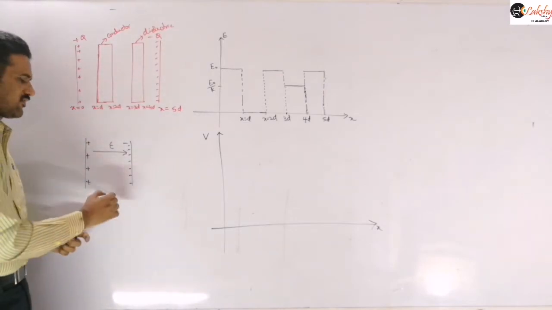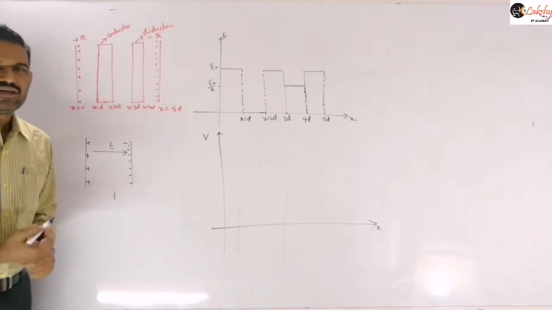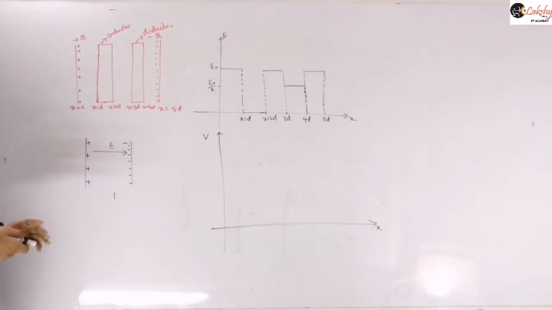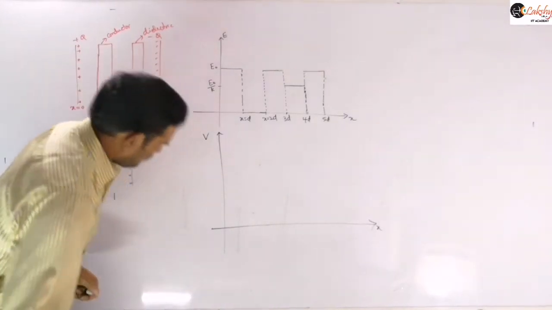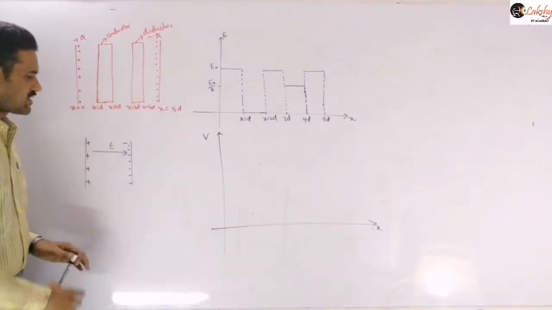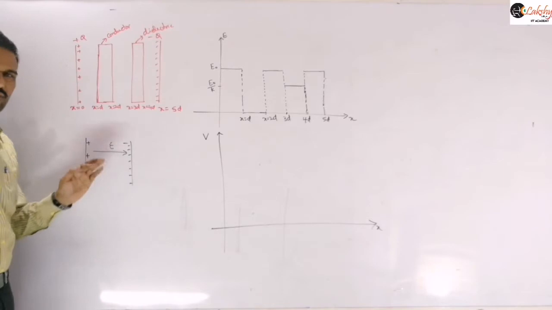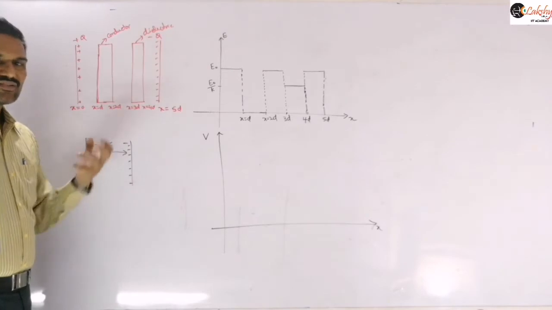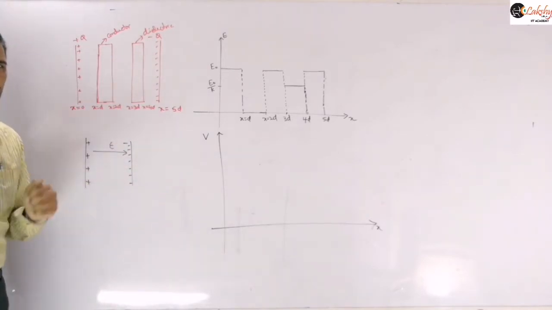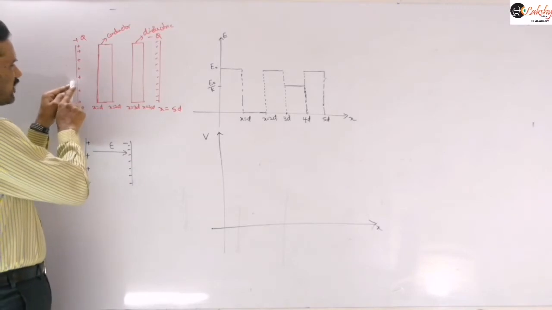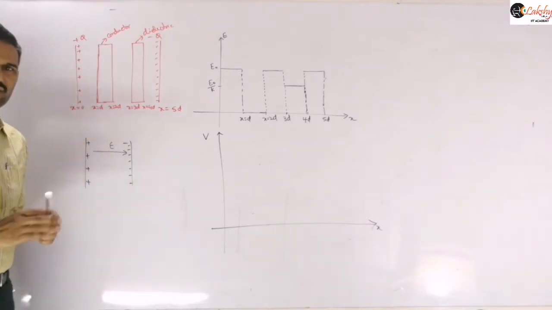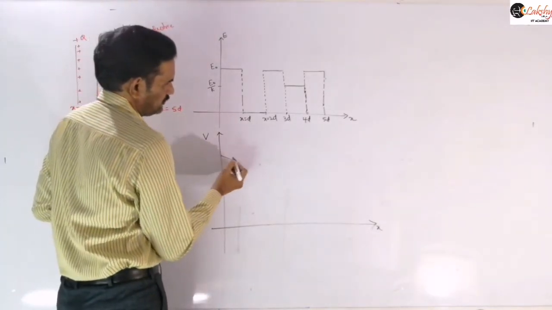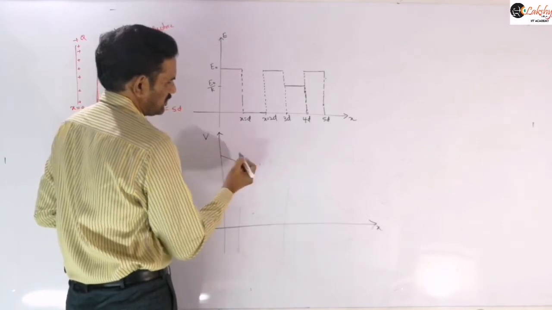And we know that the variation of the potential can be written as minus dV by dx, or dr in general. The negative sign indicates that when you are traveling in the direction of the field, potential goes on decreasing. So it goes on decreasing here, but its variation will be different in different media, which you need to observe. When you are traveling from x equal to 0 to x equal to d, it is in air medium. So in air medium it is decreasing.